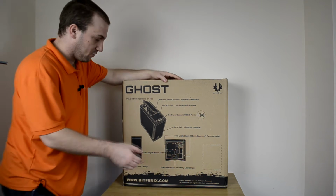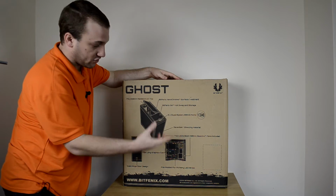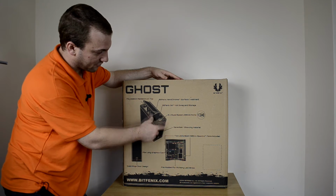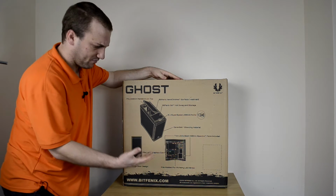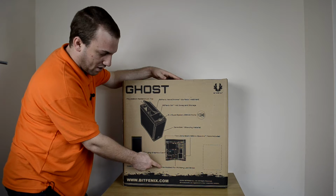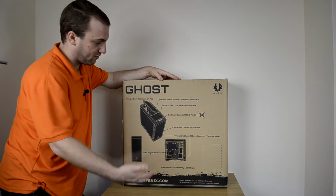For instance, on this one we can fit 240mm radiators on the top. It's got BitFenix nanochrome surface treatment, which sounds good to me. Two type super speed USB 3.0 ports on the front. There's a dual hinge door design that we'll take a closer look at. Pre-modded for Alchemy LED strips. I've got a couple of those lying around, so we'll throw those in there for the review